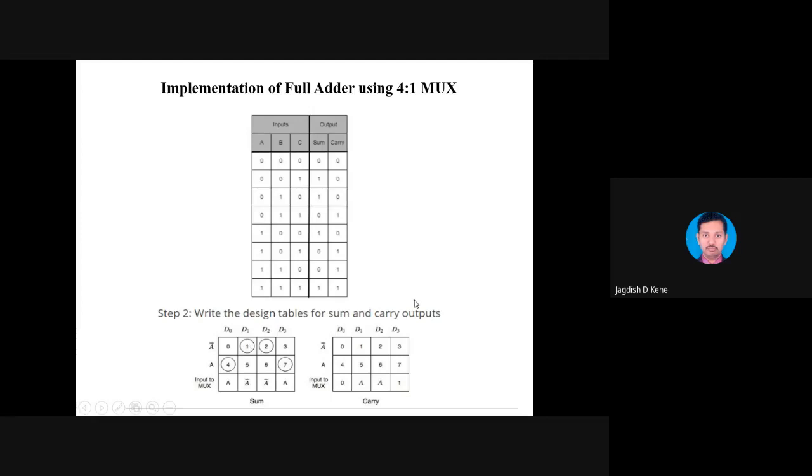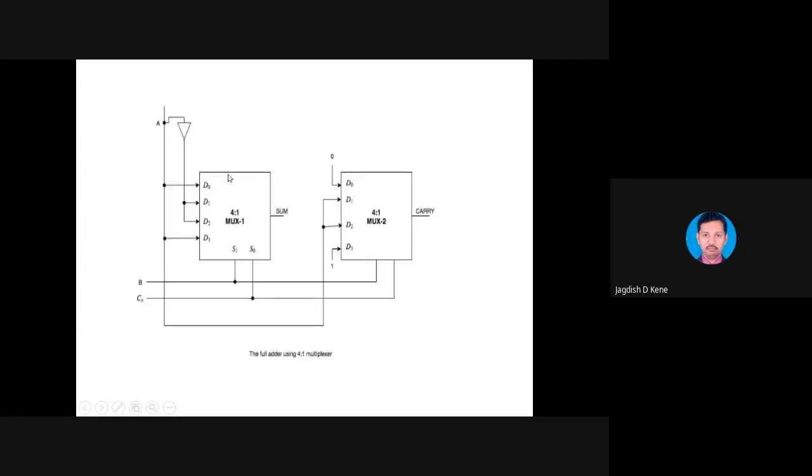So that we can see in the next diagram. This is one multiplexer, a 4 to 1 multiplexer, which is used to generate the sum, and another multiplexer that we are taking to generate the carry out. So for that, our inputs are what? 4 to 1 mux. So inputs are D0 to D3, and for that, we require 2 select lines. But the input to the full adder is 3 pins, that is A, B, and C in.